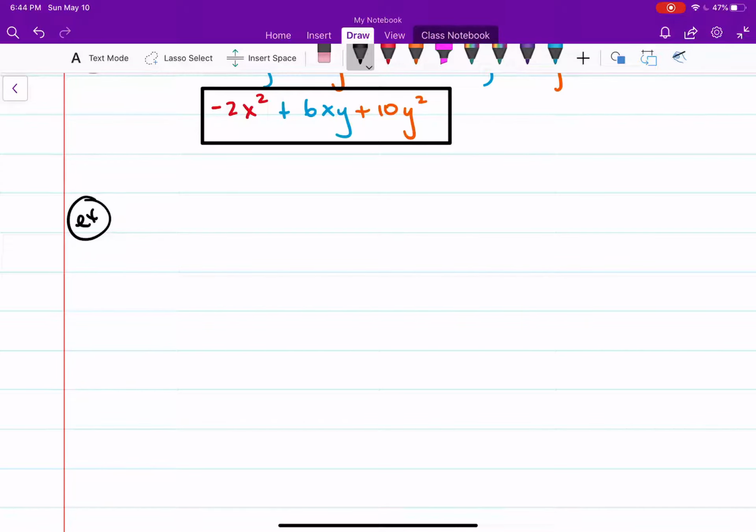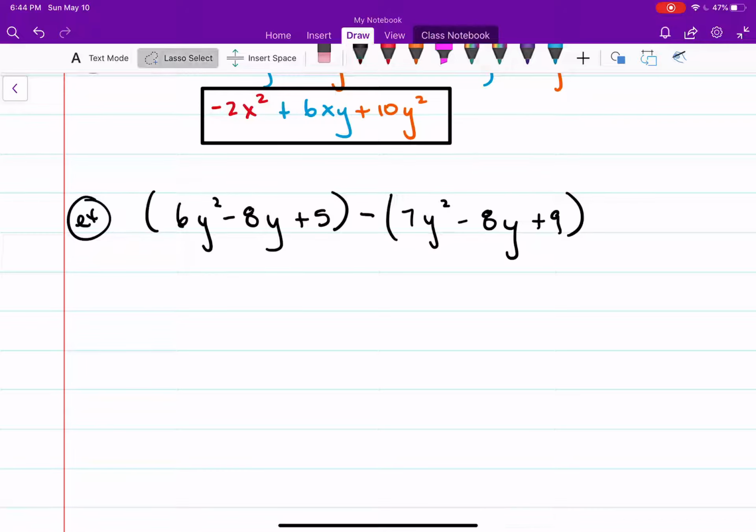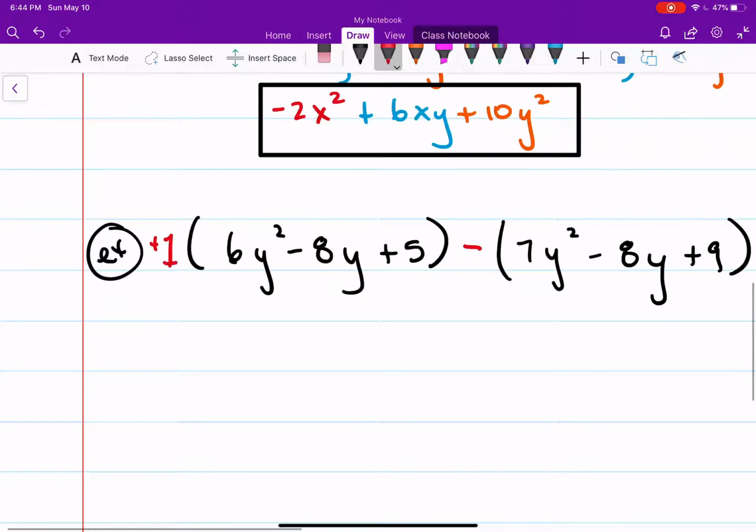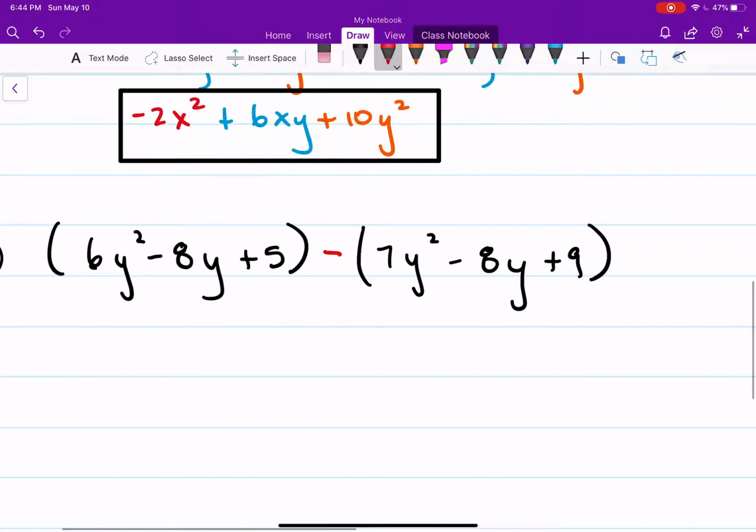with parentheses. So you might get something like this: 6y squared minus 8y plus 5 minus a 7y squared minus 8y plus 9, okay? So you might have a subtraction in between. So, in front of this parentheses, since there's nothing, it really is just a positive 1 that's in front, okay? And if I distribute this 1 through, I'm just going to get itself anyways, okay? So I want you guys to understand that. That's why I'm not going to do anything with the first parentheses, but I am going to do something about the second parentheses, okay? So, yes, I still have to distribute this negative into all 3 terms in that parentheses,